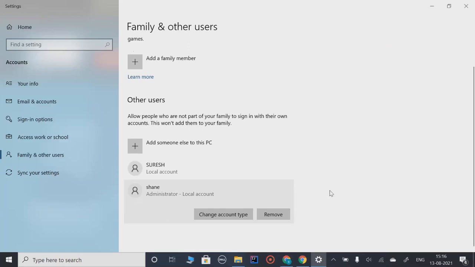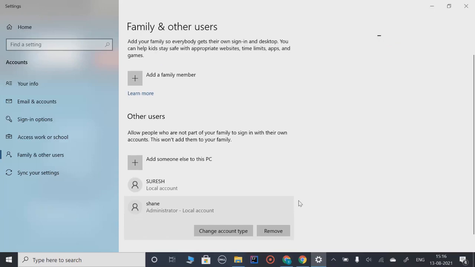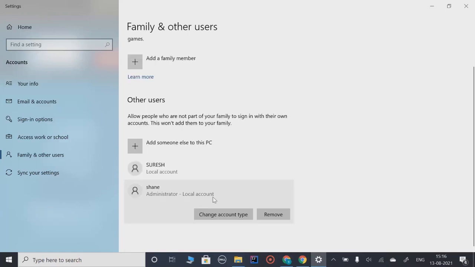Now you can see administrator, still it is local account. Technically what happens is when you buy these laptops, they by default do not share with you what the administrator username and password are. So if there is any configuration issue, you take it to the service center and they will log in with that administrator account, who can make the changes. Anyone else? Because here we have a restriction, we cannot do it.